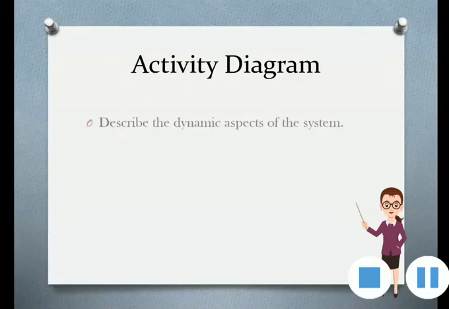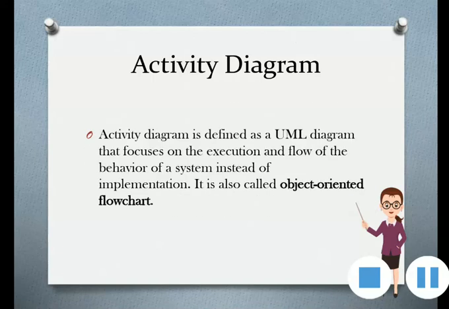Activity diagram is used to describe the dynamic aspects of the system. Activity diagram is similar to your flow chart. Activity diagram is defined as a UML diagram that focuses on execution and flow of the behavior of the system instead of implementation. It is also called an object-oriented flowchart, as an activity diagram shows the flow from activity